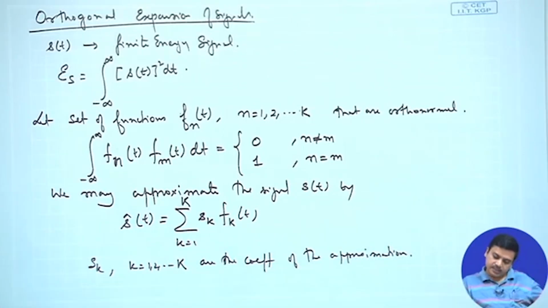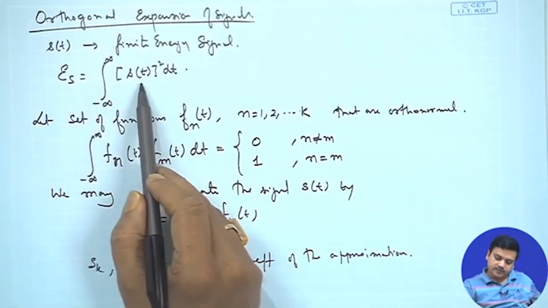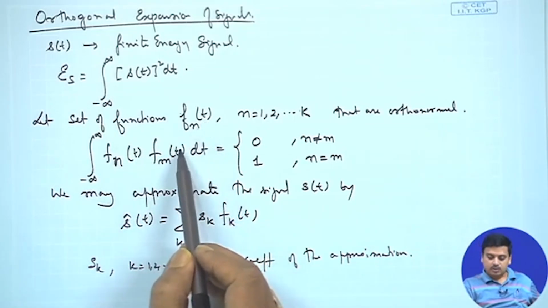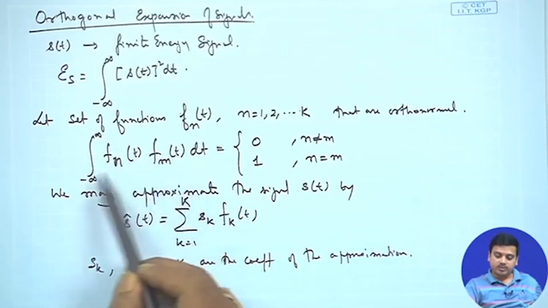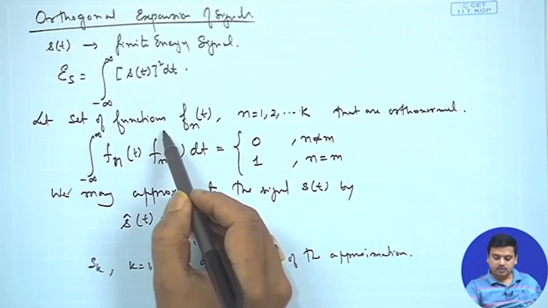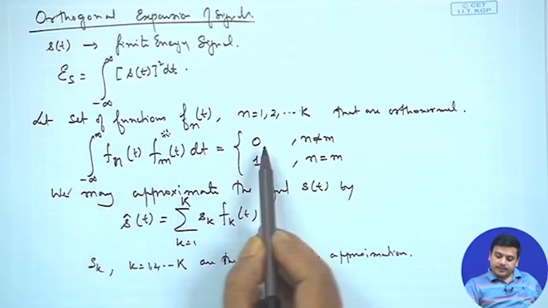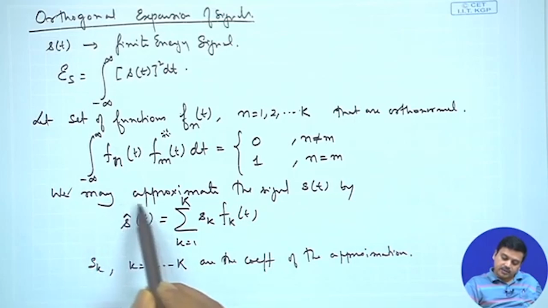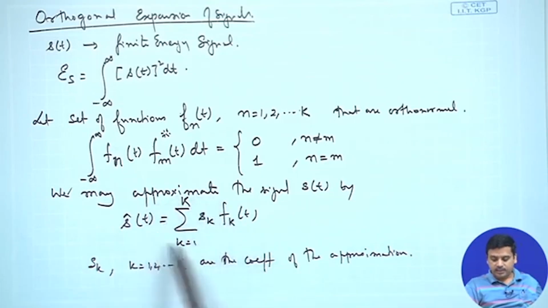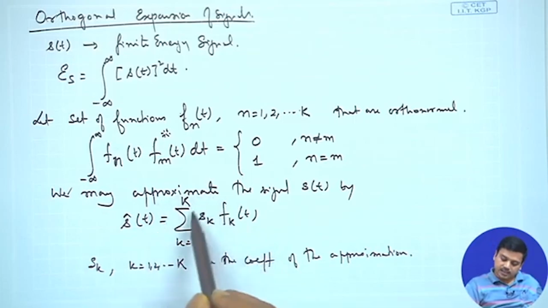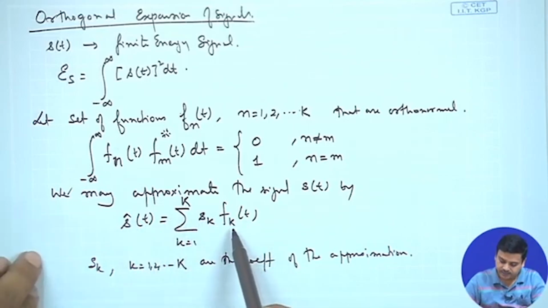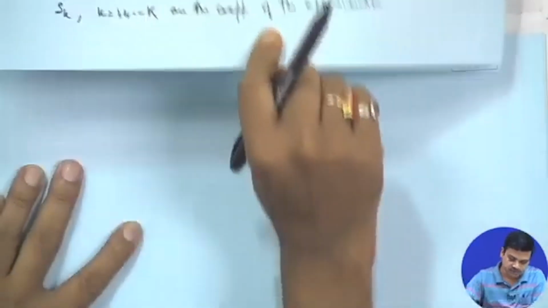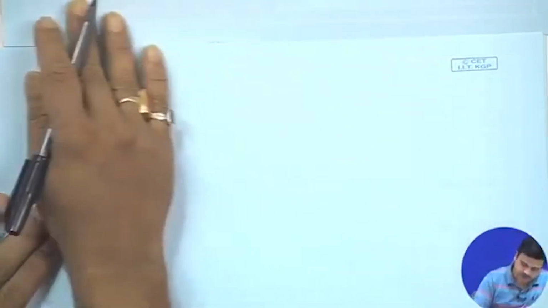So, what we are trying to say till this point is, suppose we have s of t as a signal, and there are some other signals which we define as f n of t, where we have the relationship that these are orthogonal signals. Orthogonal means if you are integrating them and taking the inner product, and if they are complex, you have to take the complex conjugate. Then you are going to get a 0 if these two functions are different, and it will be 1 if they are the same. So, then you can say that I can represent s cap of t in this form, and these coefficients are basically the projection of s on f k of t. Only if these span the signal space would your representation be complete, otherwise there might be errors. So, the approximation error that you can say